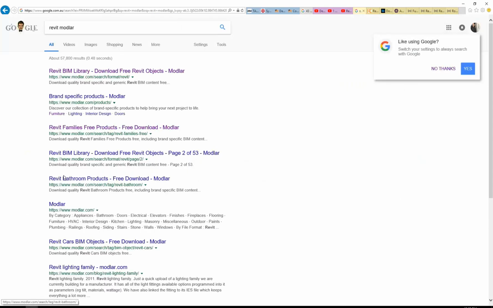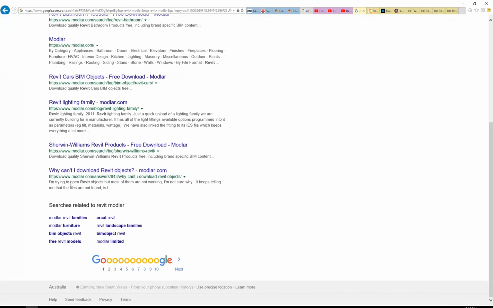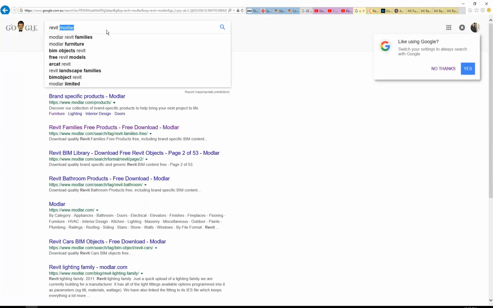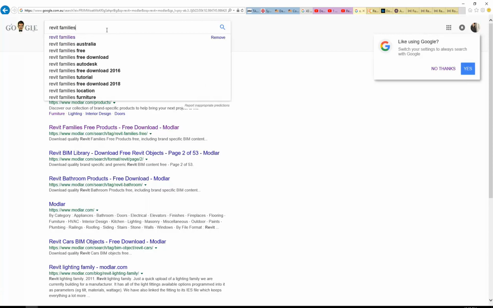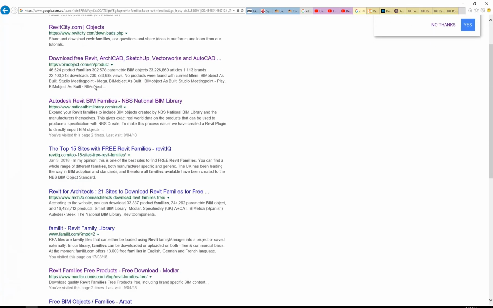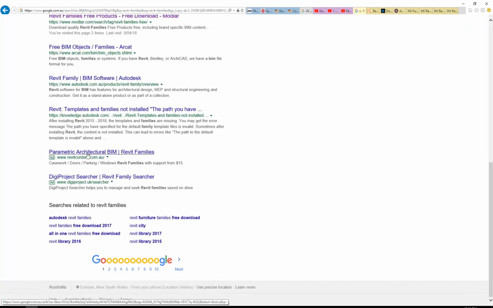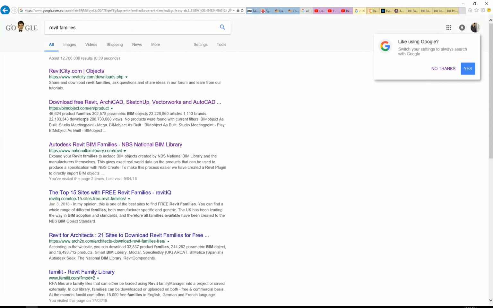So you've got all those great resources. There are new ones coming online all the time. So just try searching for something like Revit Families, and you'll find probably lots that I don't even know about, and I'm always looking for these things. I'll just tell you one more. For plumbing fixtures,